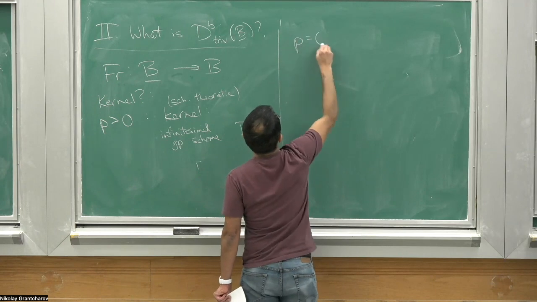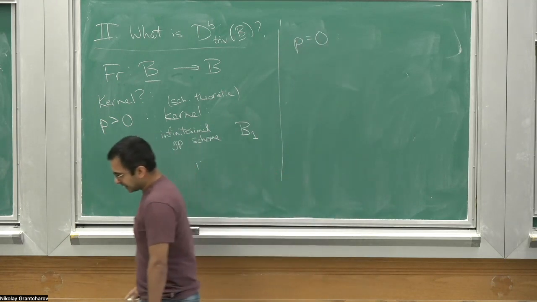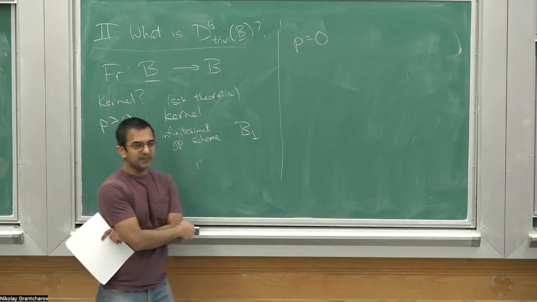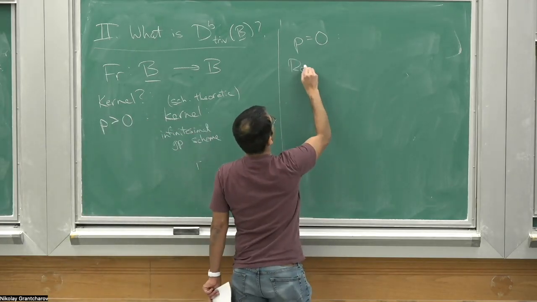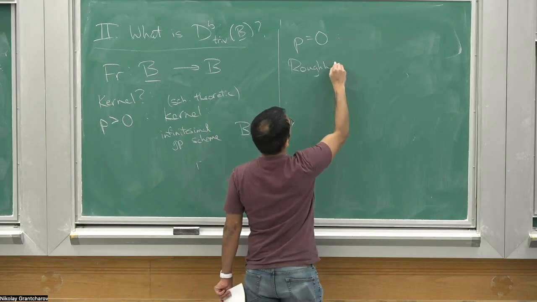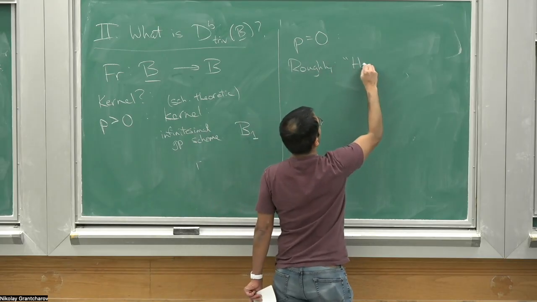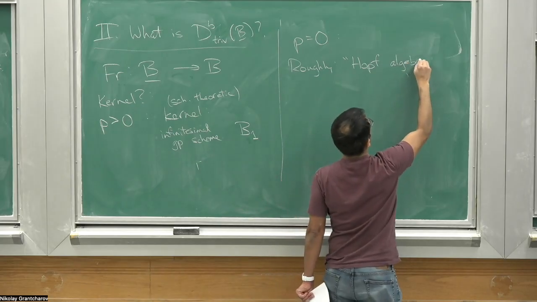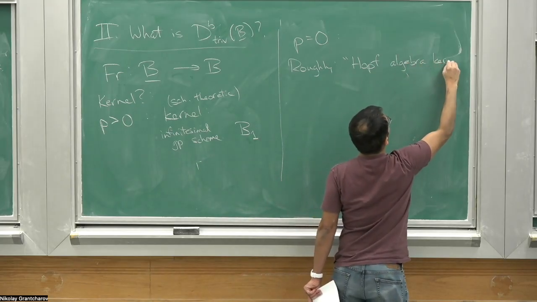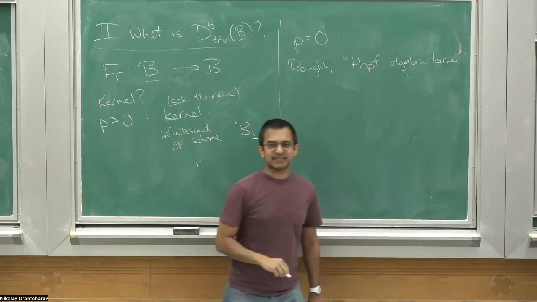In the p equals 0 case, you have to be a little bit more careful of what you mean by kernel, because it's not a map of groups. You can take something, I'm going to write it in quotation marks. It's something like the Hopf algebra kernel. And I'm not going to try to make this precise, but